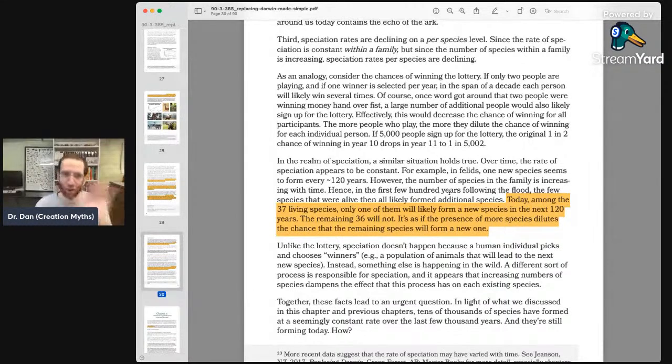Jeanson ignores all this. He just says linear speciation rates independent of these other constraints. His own graphs from the original Replacing Darwin show that it's fits and starts. Sometimes it's slow and then it speeds up. Sometimes it's like a staircase. Sometimes it's fast and then it slows down. And the difference between those different patterns is the ecology in which those different groups of species are living and what resources and what ecological niches are available. Jeanson just ignores all that. It doesn't exist to him.